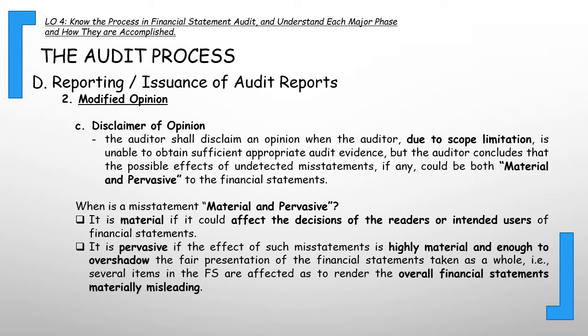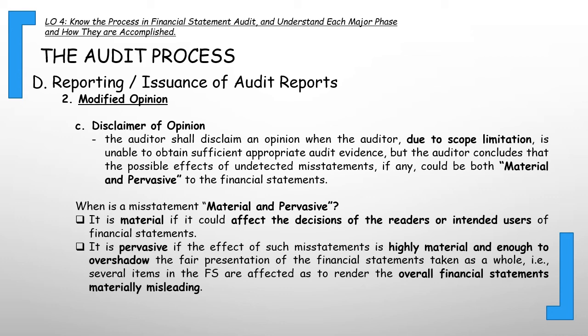In my experience of more than 5 years in accounting firm, isa pa lang siguro yung natandaan ko na nag-issue kami ng modified opinion. Qualified opinion lang yun. Kasi mostly plain opinion. Kasi sumusunod sa atin yung clients natin. Diba?